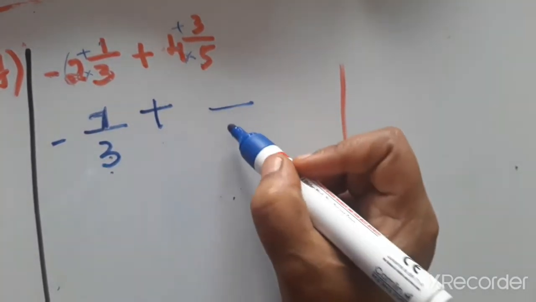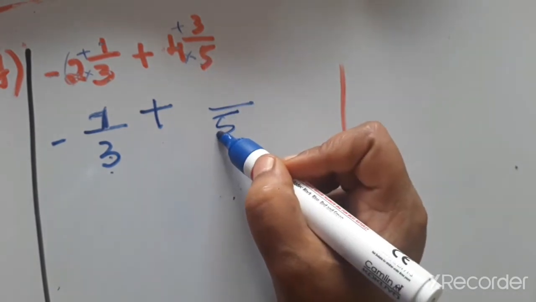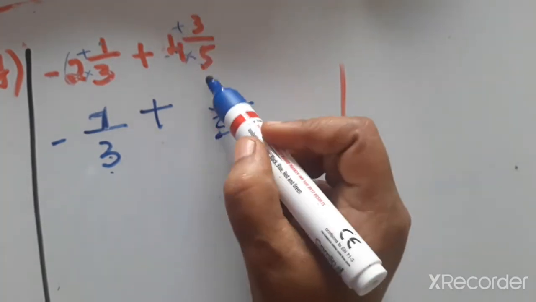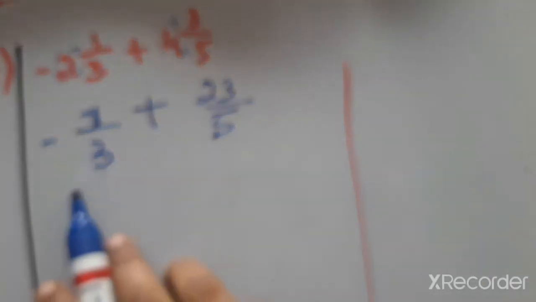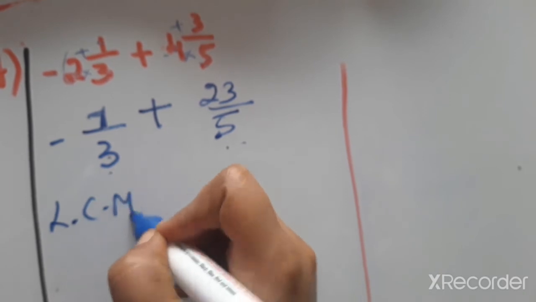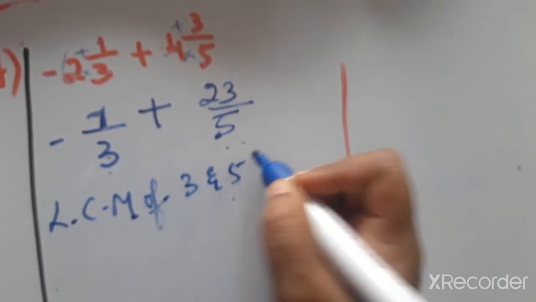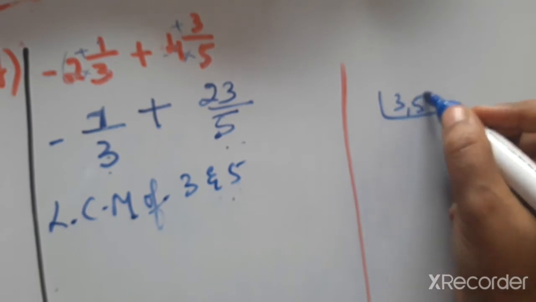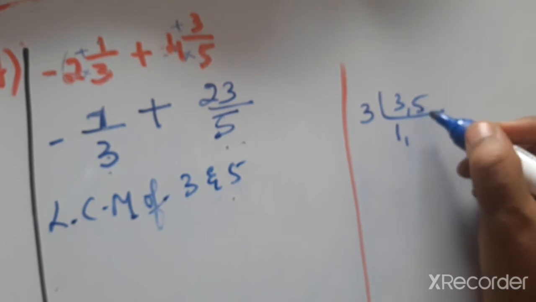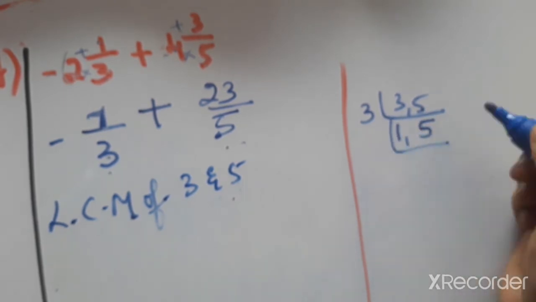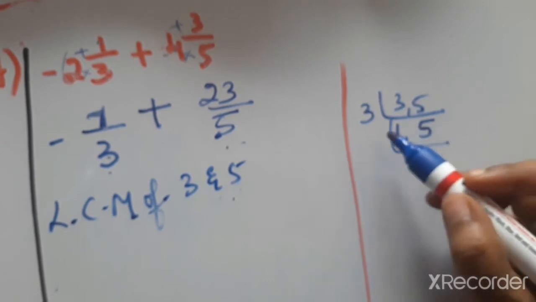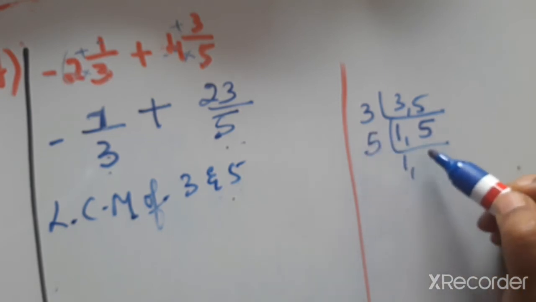Plus. Write 5 as it is. The denominator we have to write first. Okay. Then multiply these two numbers. 5 into 4, 5 4s are 20. 20 plus 3 is 23. Now this is not a like fraction because the denominators are different numbers. So we have to convert into like fractions by finding the LCM. LCM of denominators 3 and 5. Find the LCM, children. 3 will multiply with 3 ones are tables. 3 ones are 3. 5 will not multiply with 3 ones are tables, so write 5 as it is. Now we want 1 added at the last remainder place. So the next number is 5, and 5 is multiplied with 5 ones. 1 as it is, 5 ones are 5.